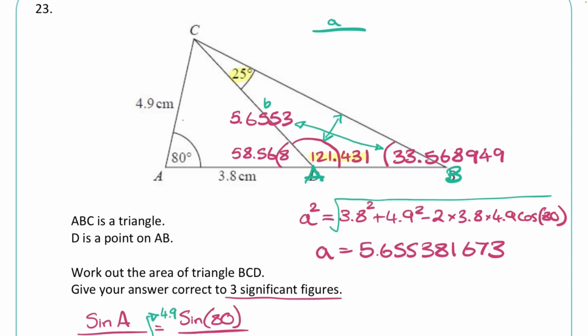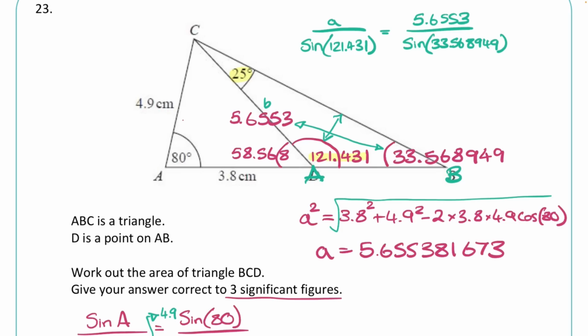So A over sine of 121.431 is equal to B over sine 33.56849, and we actually have that value of B, so I didn't need to write B there. Our value of B is that